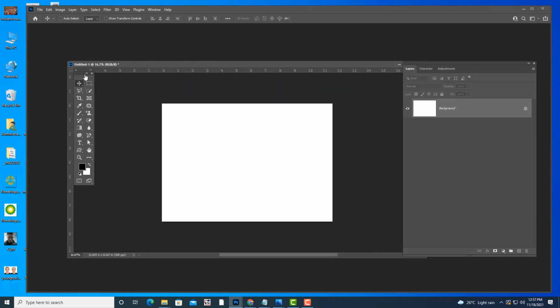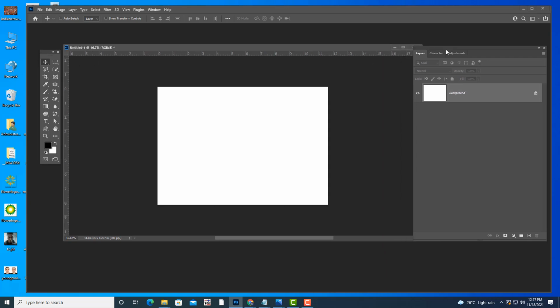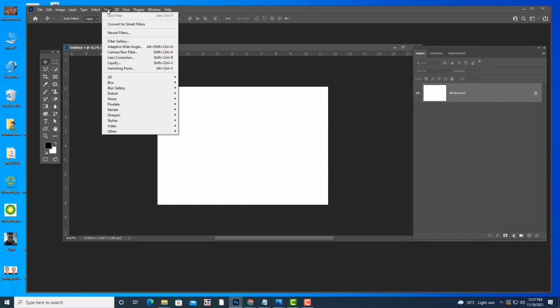Okay. Right. So next step. So now we will start filters. See what are filters? Why we use filters? There is a very big list of filters here. So we use filters for some background effects. That is one use of filter. We can also use filters for creating some artistic effects. Artistic effects or artwork. You can create an artwork like drawing, sketching. Like for that purpose also we can use filter. We can also use filters for photo retouching.